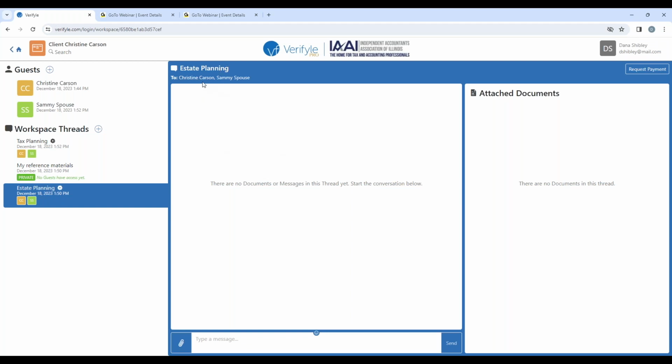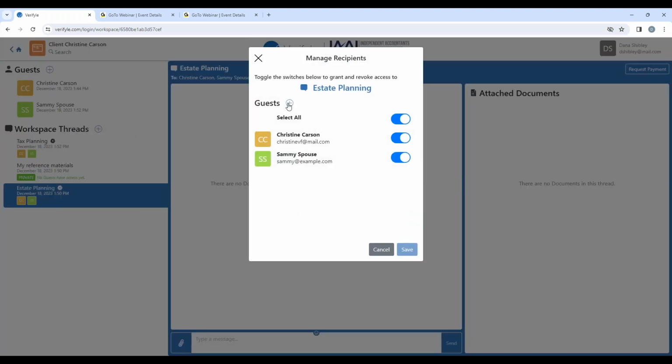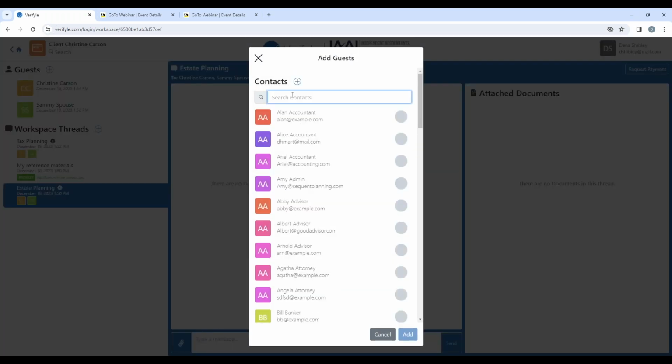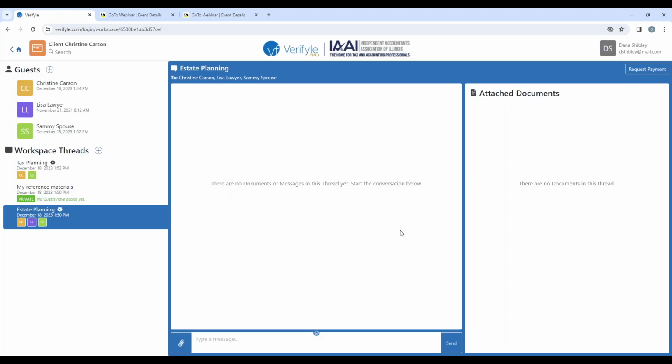And Christine has asked me to pull in her estate planning attorney as well. Remember that? We talked about that. So I'm going to go back to the gear symbol, click on manage permissions, click here on the plus symbol, and I'm going to bring in her lawyer, that estate planning attorney. Let's say that's Lisa Lawyer. So I bring in Lisa Lawyer like that. And now I can see that Christine, Lisa Lawyer, and Sammy Spouse all will have access to the estate planning